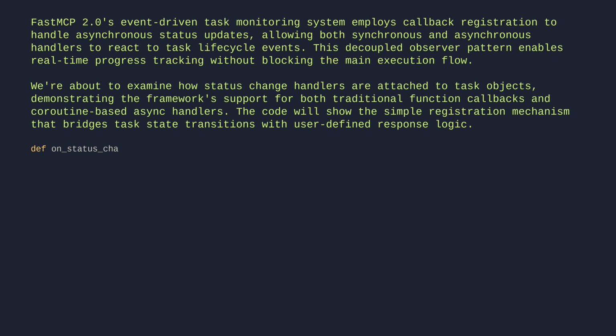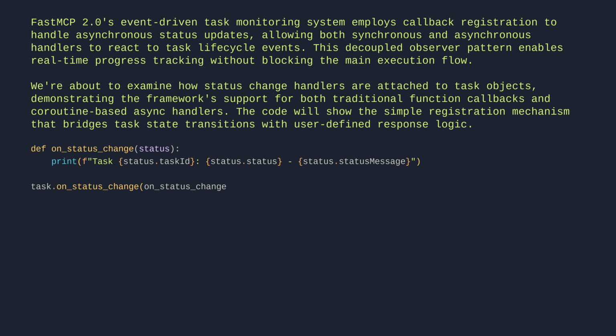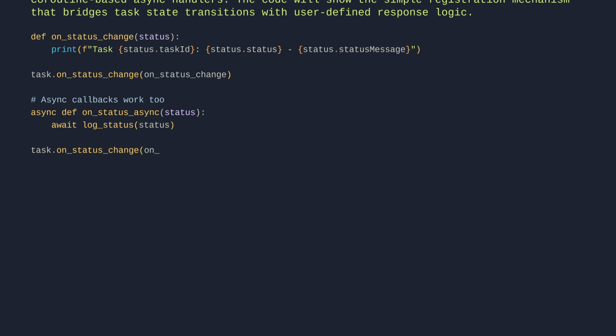def on_status_change(status): print(f"Task {status.task_id}: {status.status} - {status.status_message}") task.on_status_change(on_status_change). # Async callbacks work too. async def on_status_async(status): await log_status(status) task.on_status_change(on_status_async)